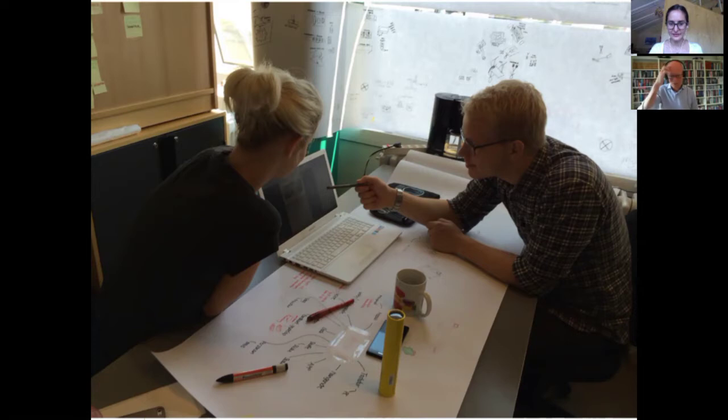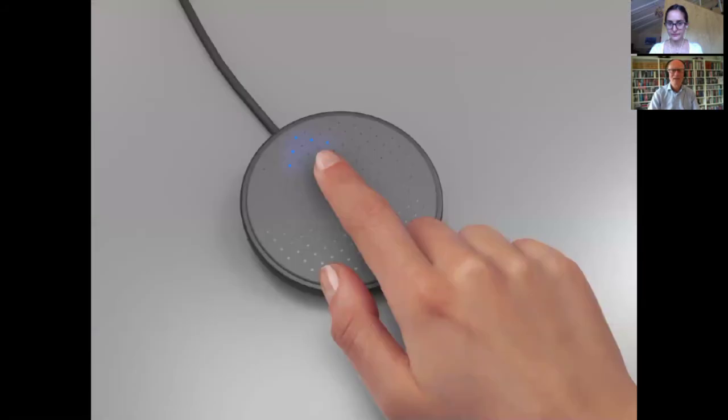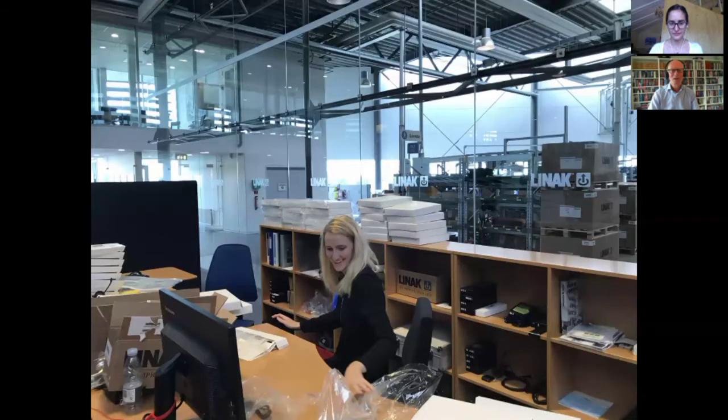So we had this student team working for us, and they actually came up with some great ideas. This was a prototype where they had a lot of small LEDs and also a sensing surface. So via swiping and wiping, you could control the desk. That was a good idea, but not the ideal we wanted. But actually,